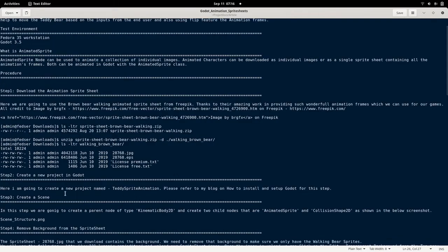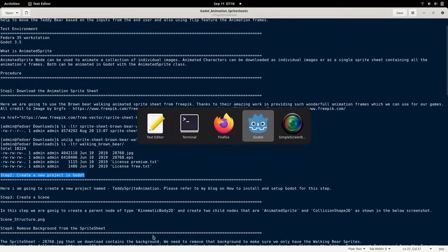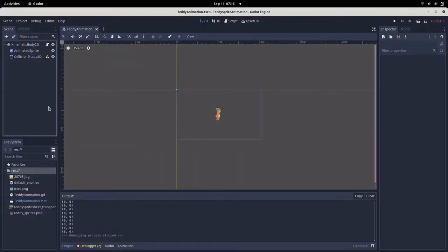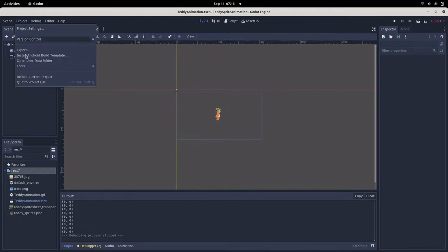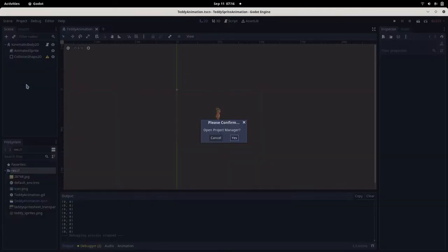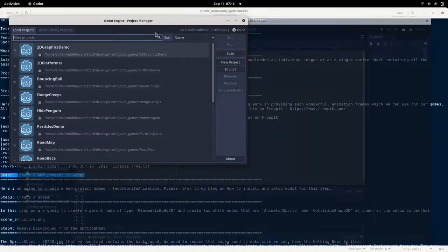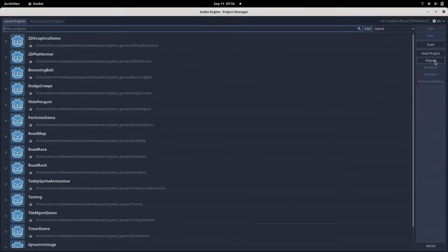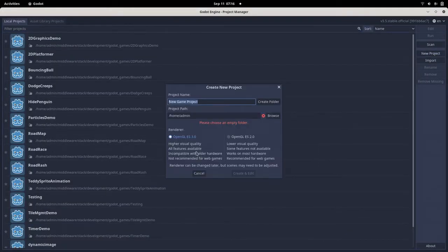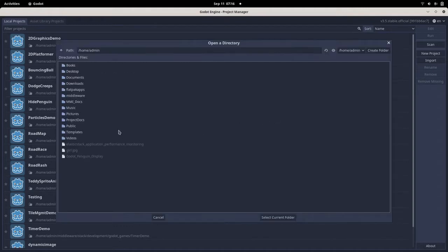Okay, so as a second step, we need to create our Godot project. Okay, so let me go into my Godot project manager. Let me quit this project. Now let us create a new project. Okay, so I'm going to create my project in